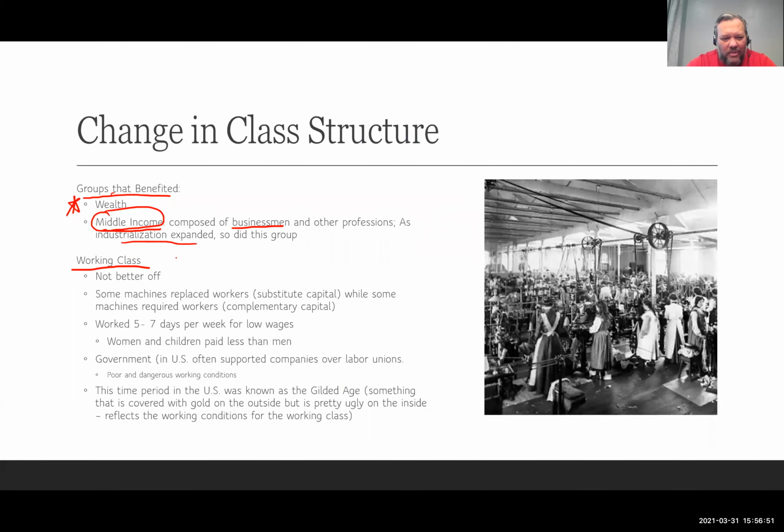The working class, however, they didn't necessarily benefit a ton. Okay, they weren't necessarily better off. A lot of machines replaced workers, and so all of these new machines are awesome, but they do take people's jobs, and so we call that substitute capital. Capital meaning machinery here, meaning that if you create a machine and it replaces somebody's job, then it's a substitute for it. But at the same time, a lot of machines that were created required workers to work them, and so that would be complementary. So some people would lose their jobs, some would gain jobs, but generally speaking, the life of the working class